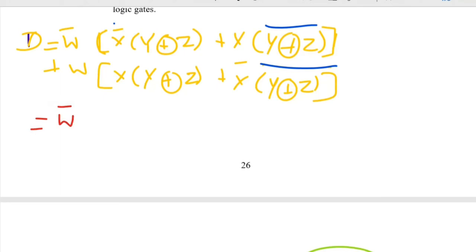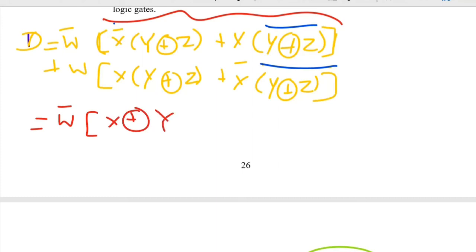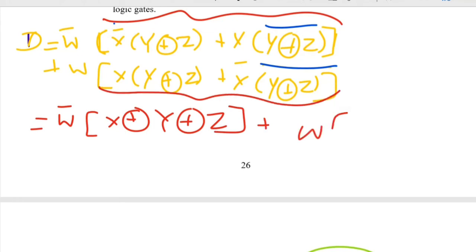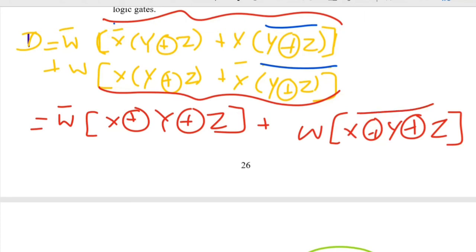Now again I am reducing this expression further. W bar, here I can write both as X XOR Y XOR Z, plus W into the whole term, here it becomes X XOR Y XOR Z the whole bar.